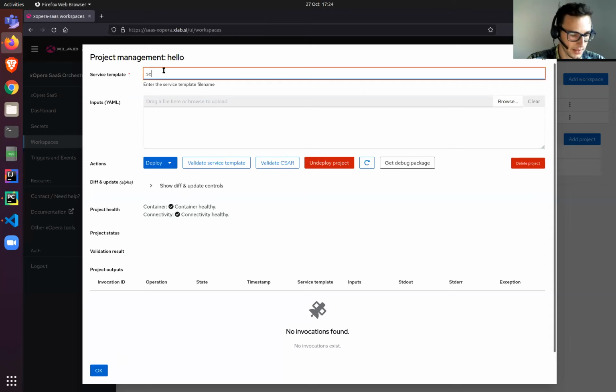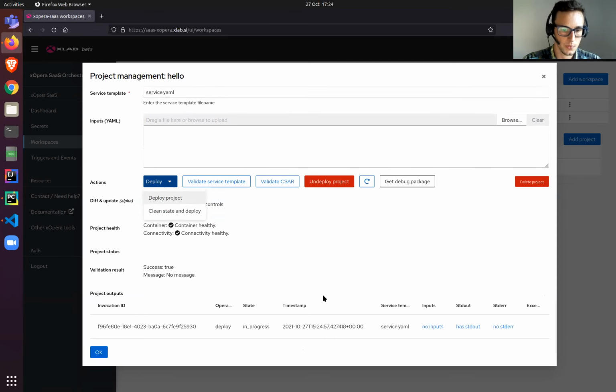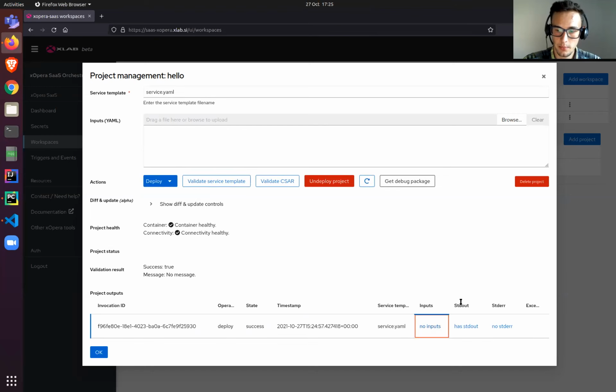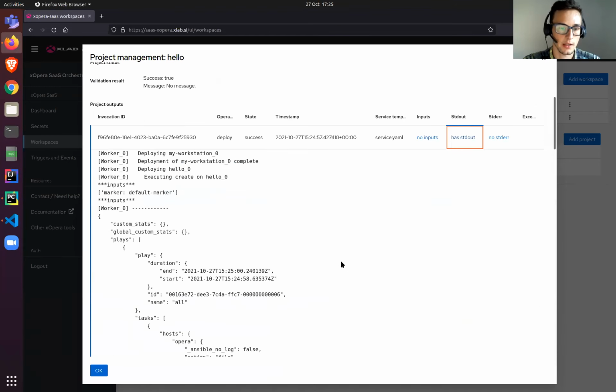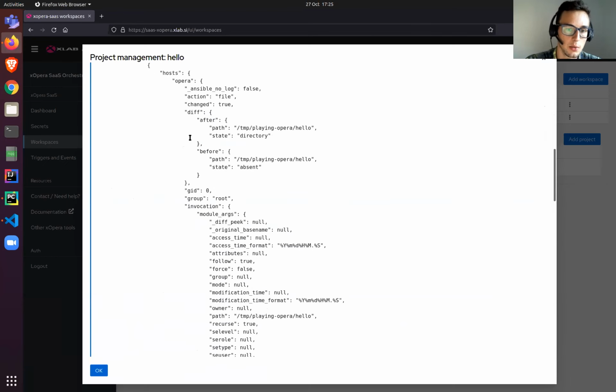The name of our service template was service.yaml. We didn't have any orchestration inputs. First, we can validate the service template, and the validation was successful, and we can deploy it right away. So the deployment started. We can click on this refresh button to see that the deployment was successful. And again, here you can see the inputs, the standard output, which is similar to the CLI, but it's a little bit longer